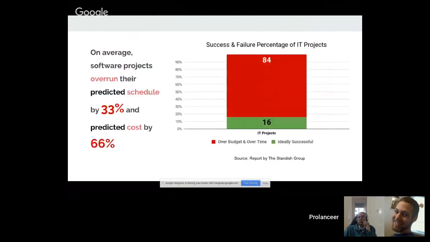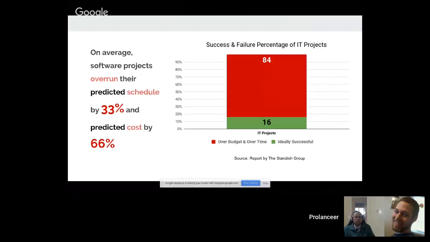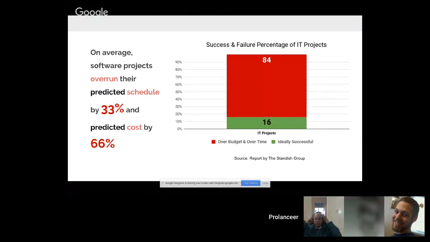Okay. So to begin with, we want to highlight one of the major points: on average, 84% of IT projects fail, and only 16% of IT projects are ideally successful, which are completed within the estimated budget and estimated time. On average, 33% of projects overrun their predicted schedule and almost 66% overrun their predicted cost. So this is a very alarming figure,